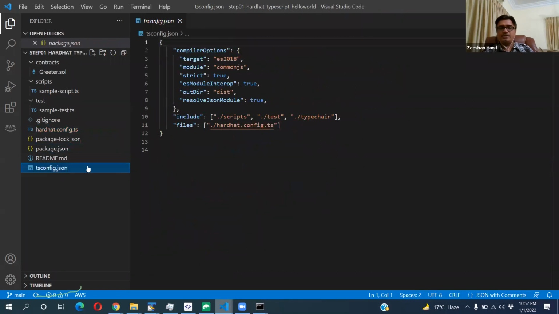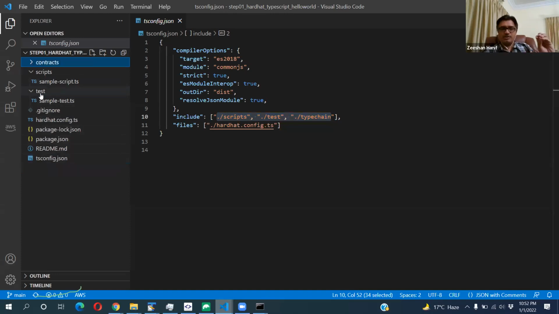Package.json, and we have the tsconfig file, which says we want to use the CommonJS module and interoperability, and what folders we need to include in the compilation. If you run this, it will be the basic structure of a TypeScript project. And what you can do is